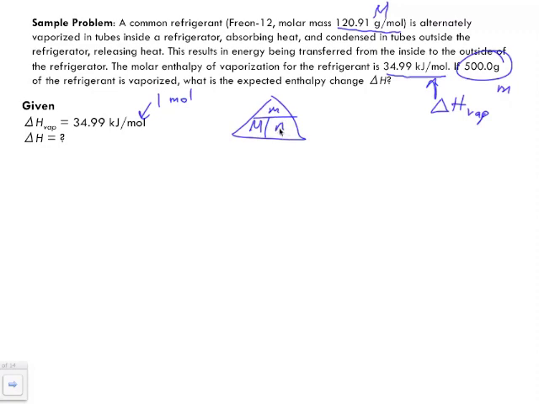So to find the number of moles, we cover up number of moles, and we notice that our mass is on top of our molar mass. So to find moles, we divide mass by molar mass. Our mass is 500 grams. We're going to divide it by our molar mass, which was given, 120.91 grams per mole. The grams are going to cancel out, and when we divide these two together, we're going to get a number of moles as follows: